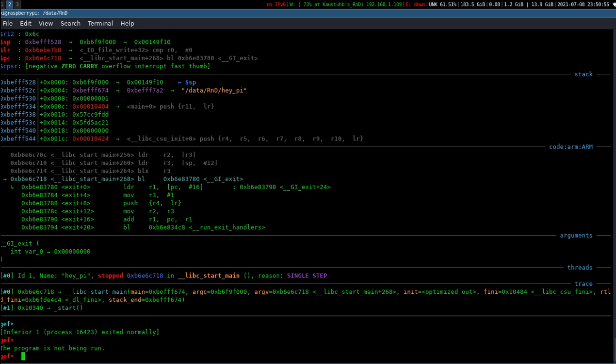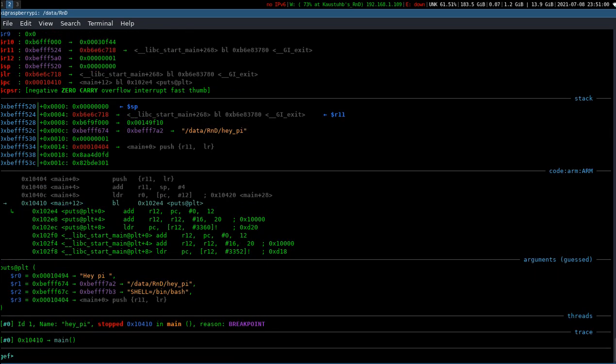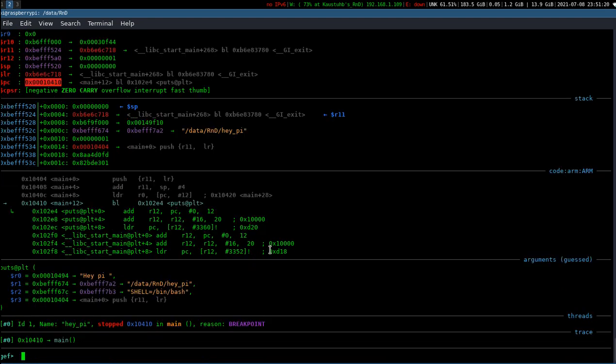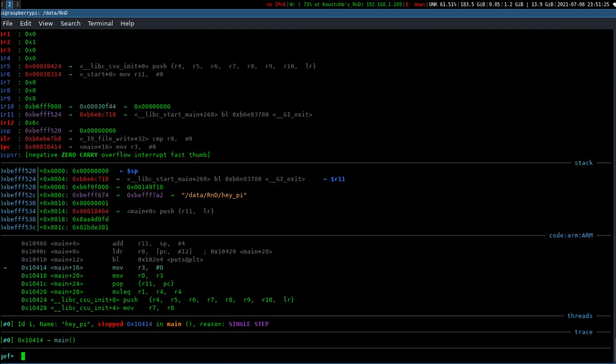Okay, let's rerun the program and set the breakpoint at the print function itself, because we are not interested in earlier things. Now you should see this only, with the PC. Where is the PC? This is the stack pointer. Here you should be able to see that this is printing this value to the screen. Okay, we directly set the instruction here.